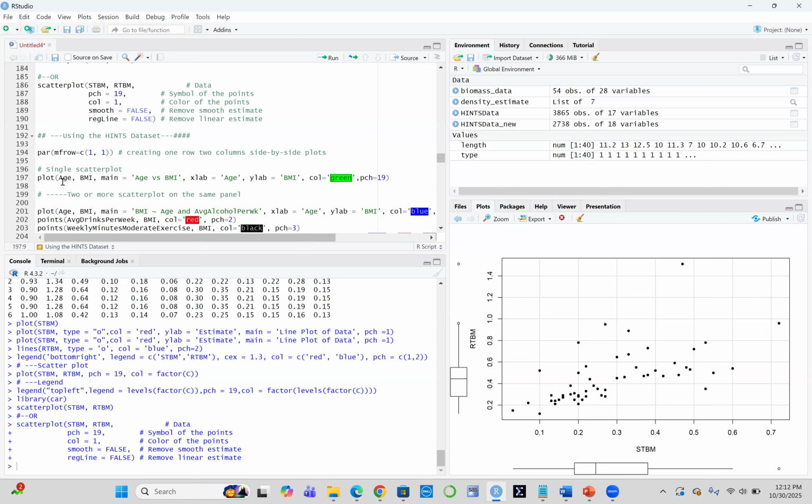Before you plot a scatter plot, you have to understand which variable is the dependent variable and which variable is the independent variable. The independent variable is the X variable, which always predicts the Y variable, which is the dependent variable, okay? So we want to know the relationship between age and BMI. So we say age versus BMI, which is not very meaningful. So you can decide to make it more meaningful by saying